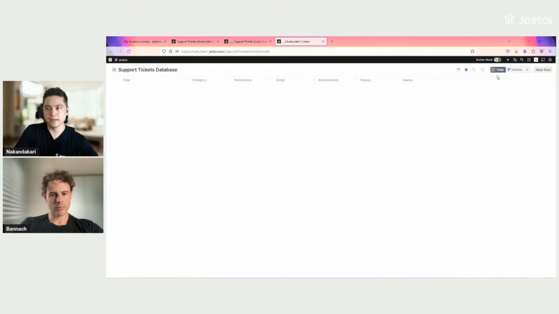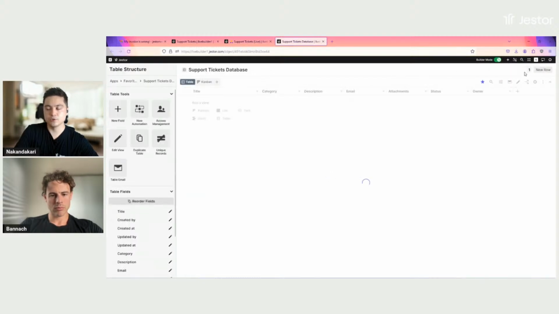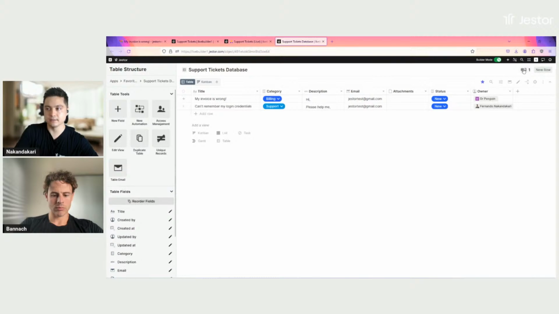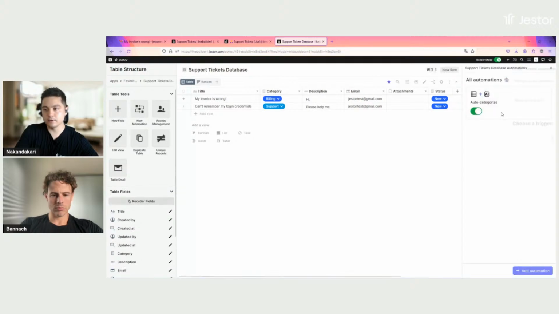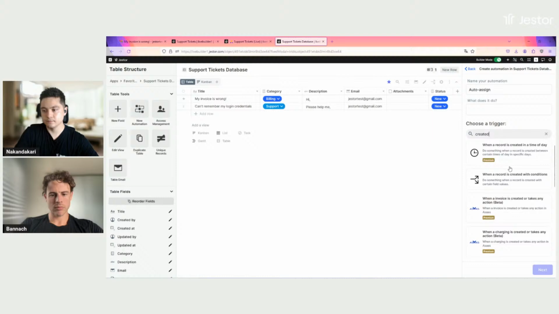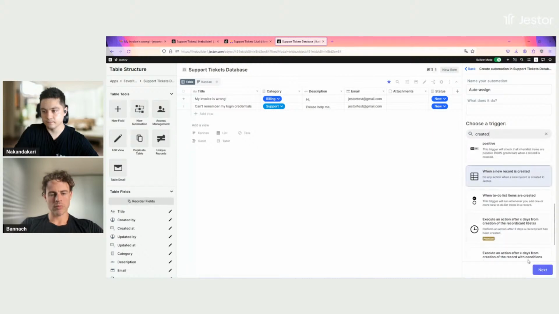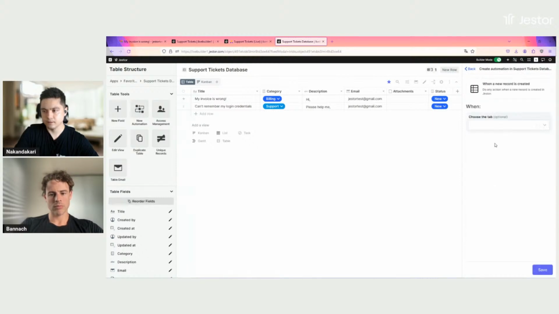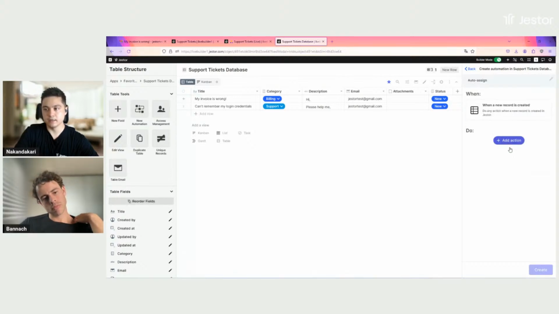Just like the one we had, which auto-categorizes the card. What I'm going to do here is auto-assign. So when a record is created, so this is my trigger, right? When a new record is created here on the support ticket database, then I can add a new action here, which is going to be